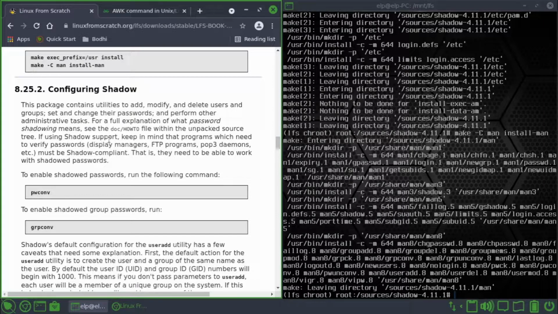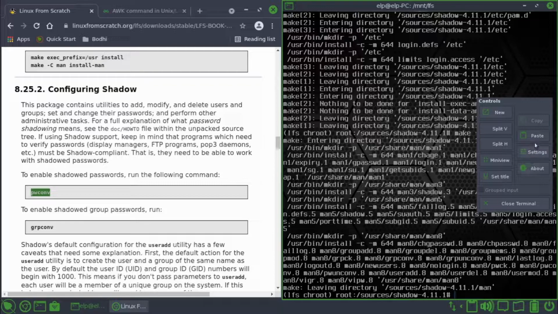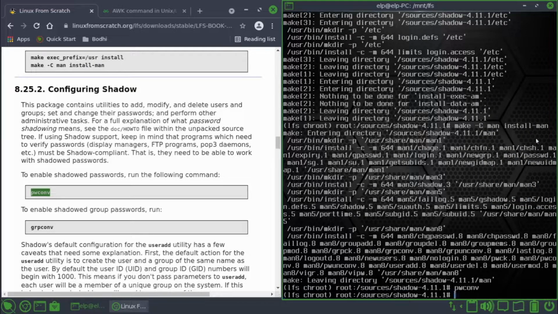If using shadow support, keep in mind that programs which need to verify passwords, such as display managers, FTP programs, and POP3 daemons, must be shadow compliant. That is, they need to be able to work with shadowed passwords. To enable shadowed passwords, run the following command. To enable shadowed group passwords,